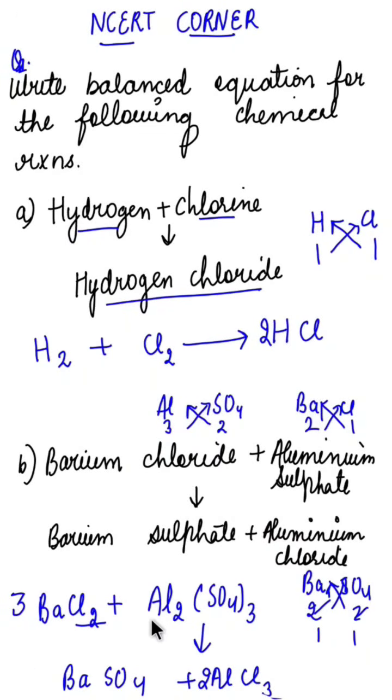Now look at aluminium. Here 2 aluminium atoms are there and here also 2 aluminium atoms are there. That means it is balanced. Now here 3 S atoms are there. Okay, and as we know that here we have 3